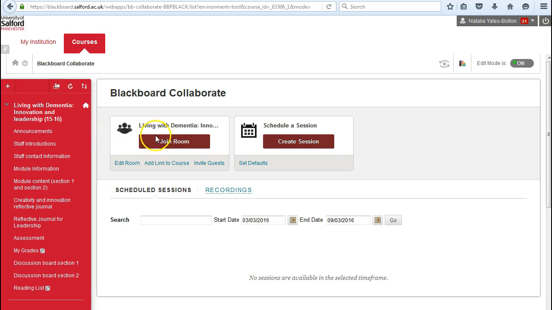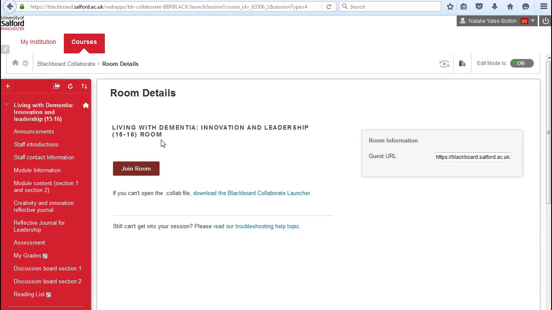couple of days before your first time of using it, and to just check you have all the correct software downloaded, and also just always check in a little bit earlier before the session starts so that you're ready to go. So if we click on Join the Room, it will start to download the Blackboard Collaborate launcher. This does take a little bit of time, so it's worth setting it up in advance. We do recommend that you use a headset of earphones and microphones to ensure good quality